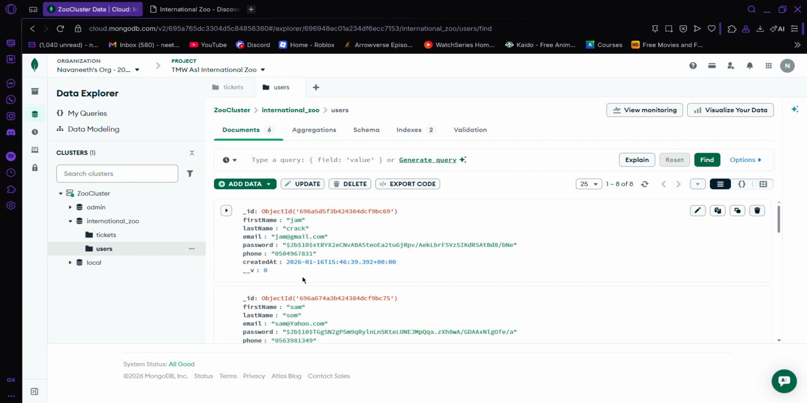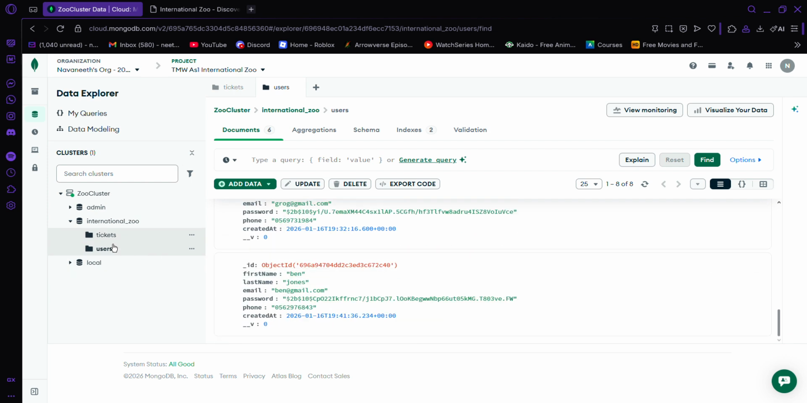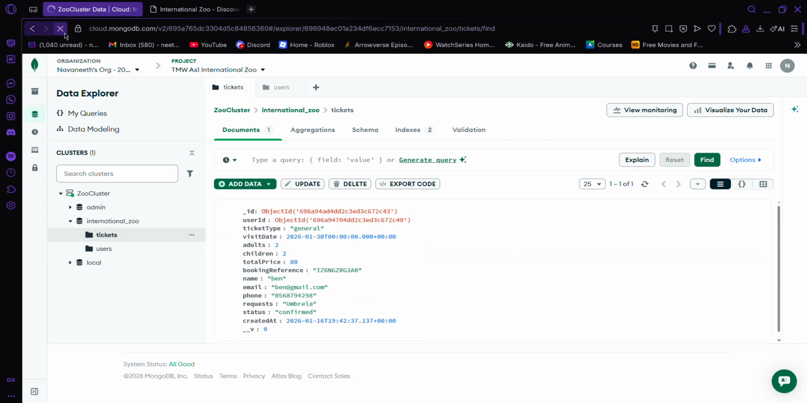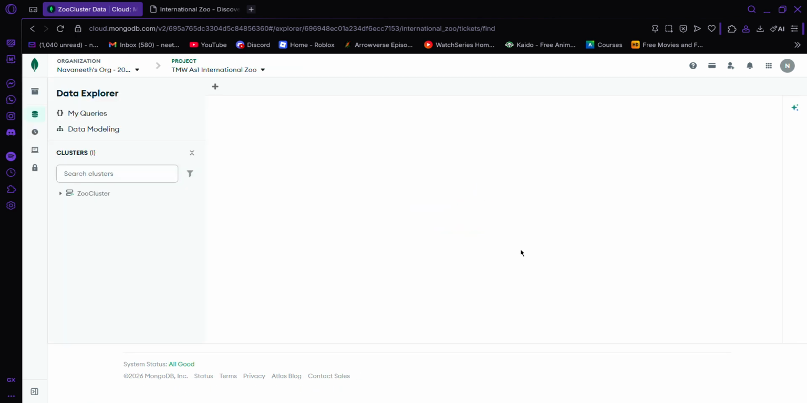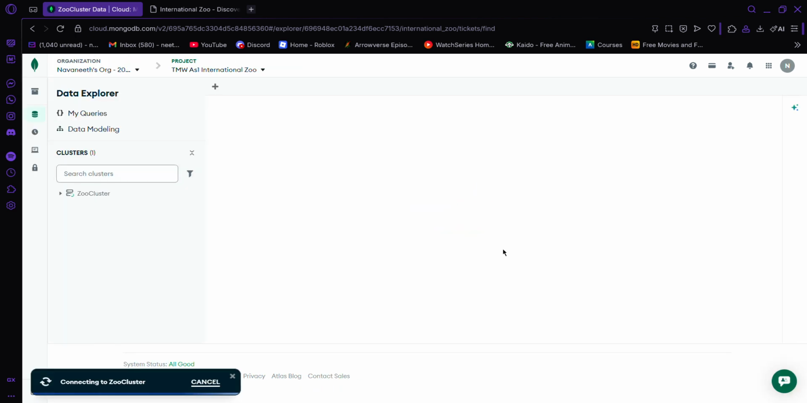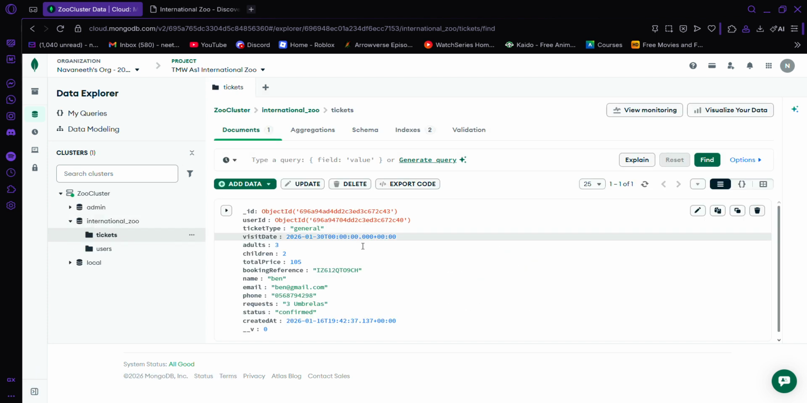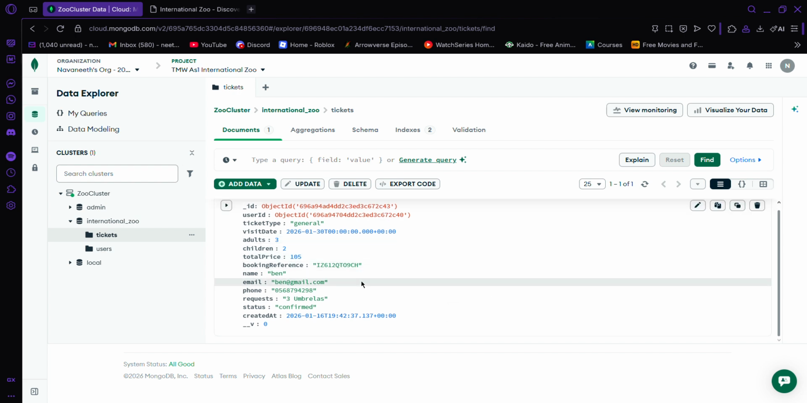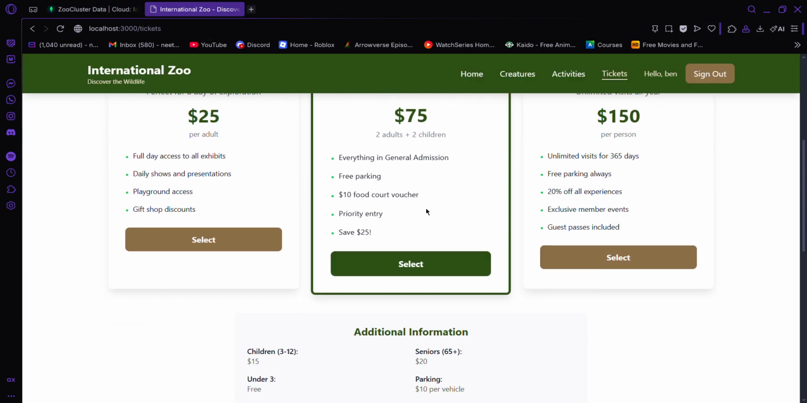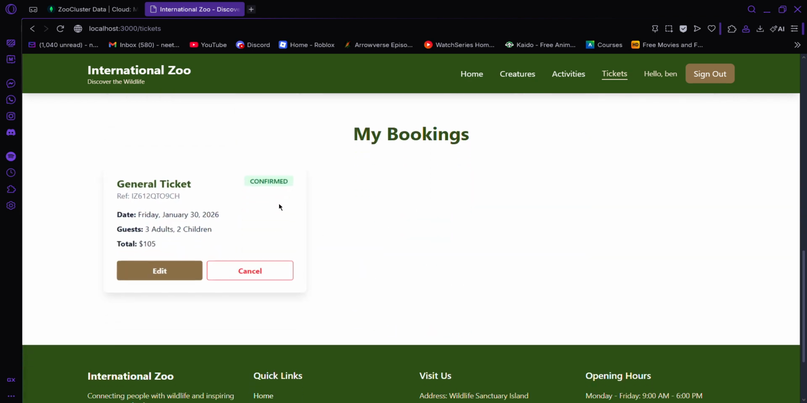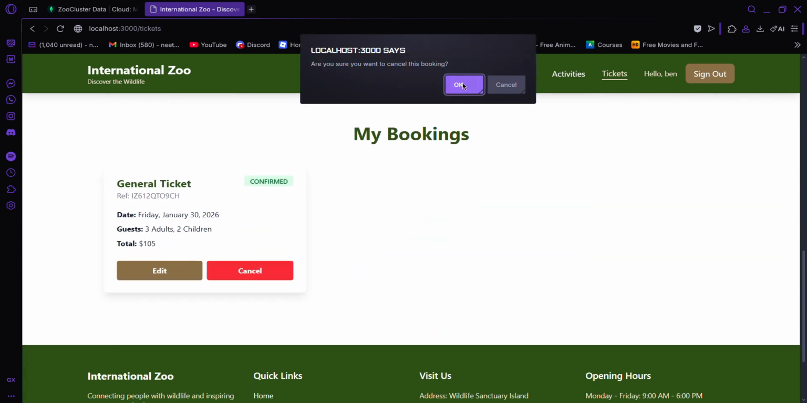it should update in any moment. Let's give it a moment. Some of these take a while. There, now it has been updated to show that you have 3 adults, and the request has been updated to have 3 umbrellas. So now, if we say we don't need the ticket anymore, we can cancel, and it's